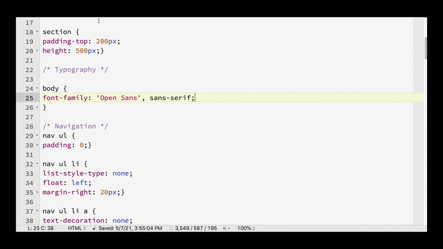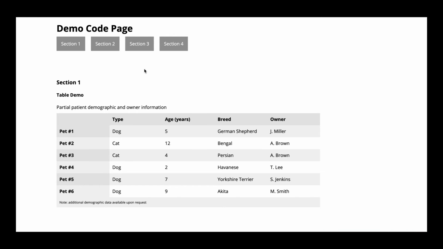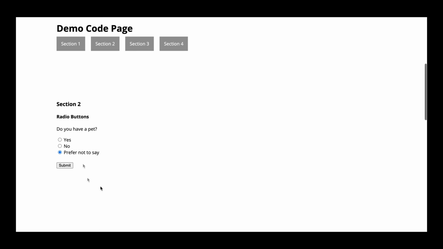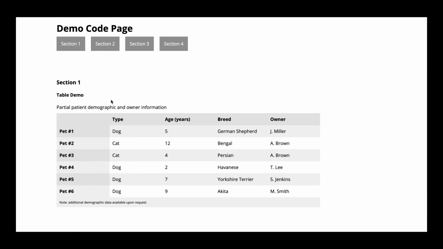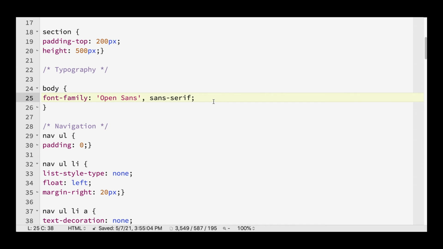So if we save and refresh, we now see that it's pulling in a sans-serif, and it's pulling it in globally. It's affected all of the typography on the entire page. And it's still using the hierarchy that comes preset, because we're using H1, H2, H3, H4, paragraph tags and list tags. But now that you've entered a font, you can actually control the size of things by